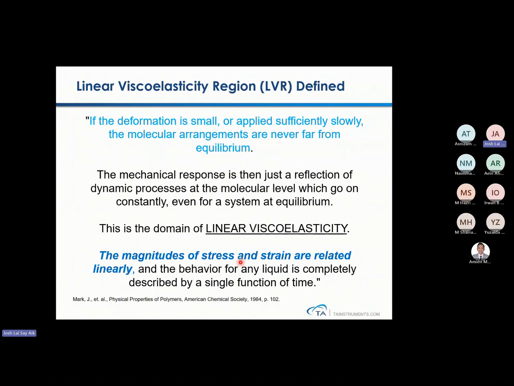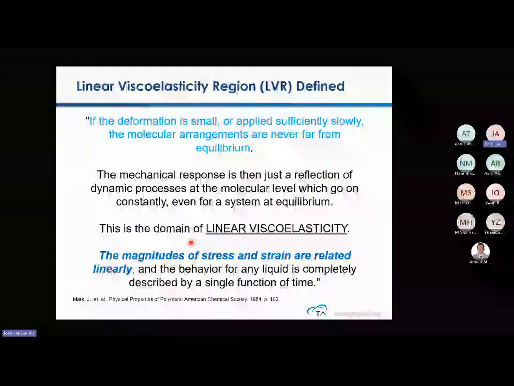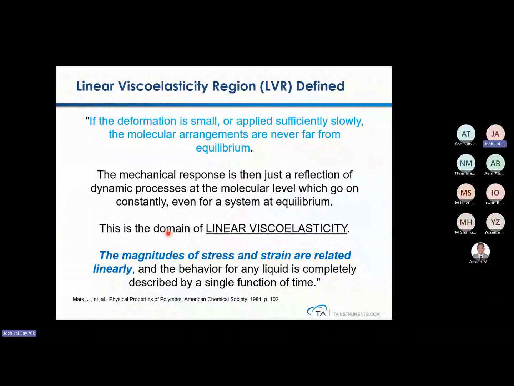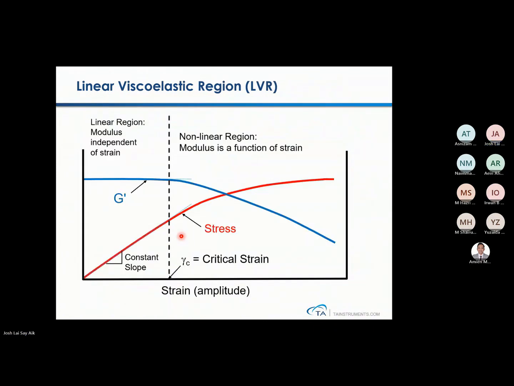So this linear viscoelastic measurement is very important because it is the domain for the main calculations of G prime, G double prime, as well as tangent delta from the results. So what is the LVR region and why is this so important? Because